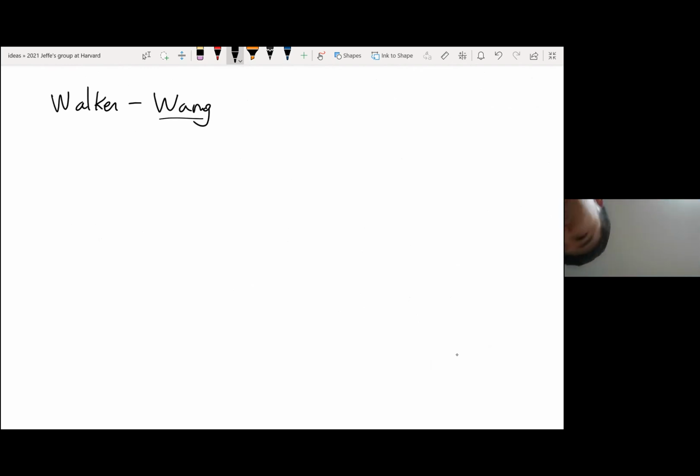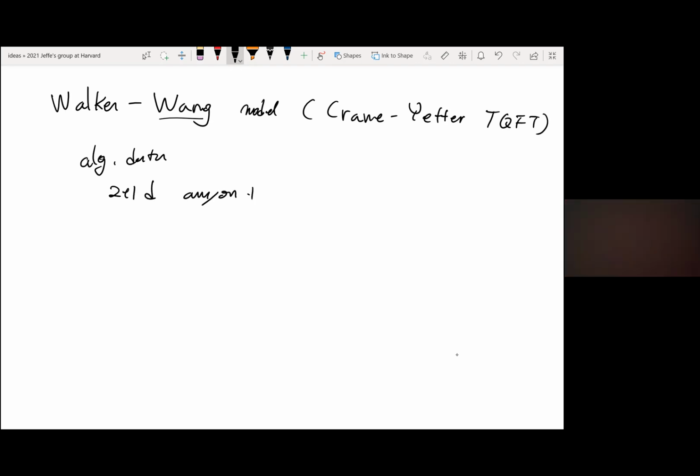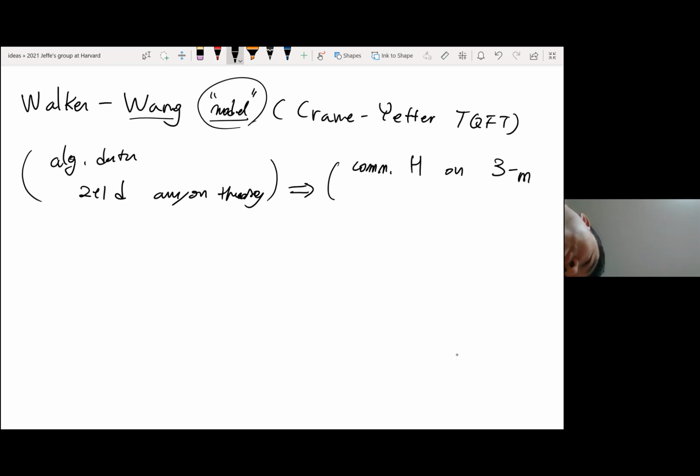Here, Wang is in the audience, Jeongwan. This is a lattice model of the historically prior Crane-Yetter TQFT. This is a machinery where the input is some algebraic data of a 2+1 dimensional anyon theory. If you give me such algebraic data, then this machinery provided in the Walker-Wang model, although "model" refers to one, it is actually a schema, produces a commuting Hamiltonian on some very general class of 3-dimensional manifolds,